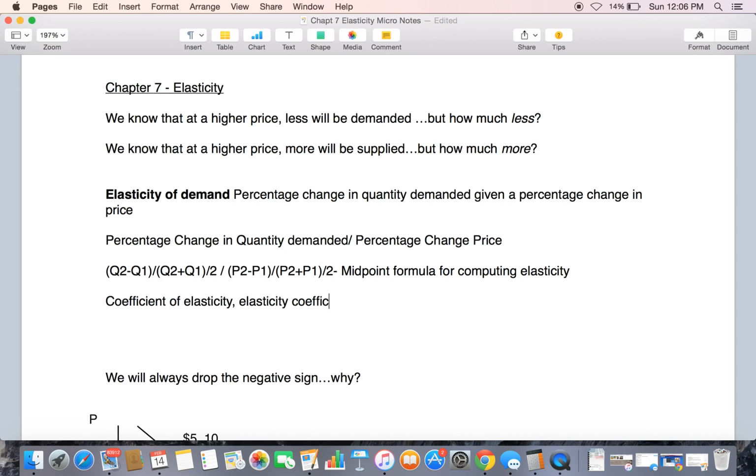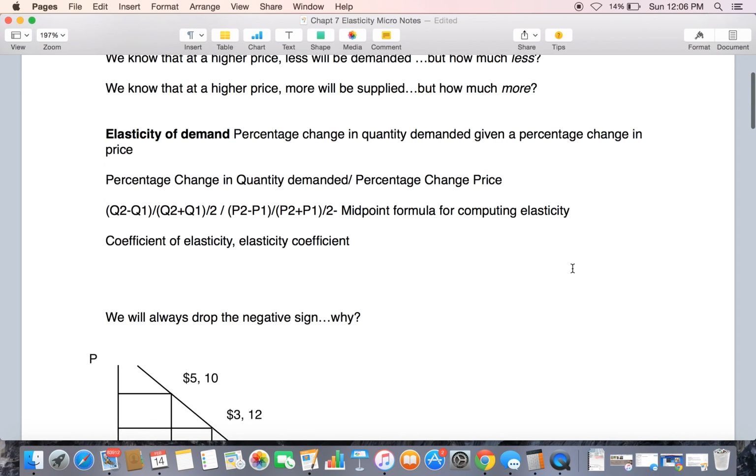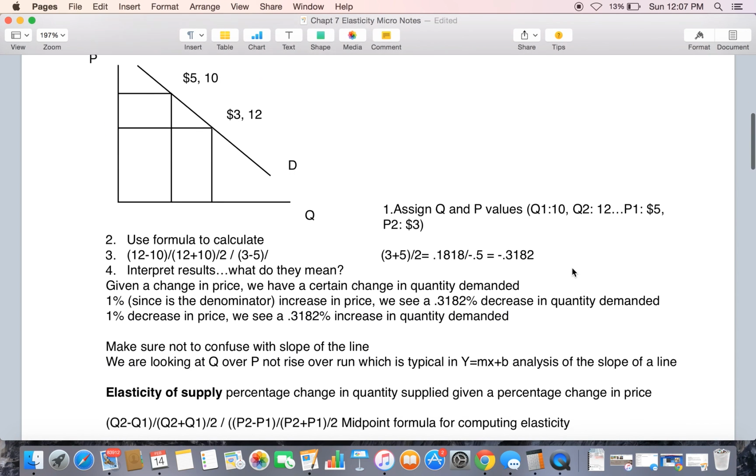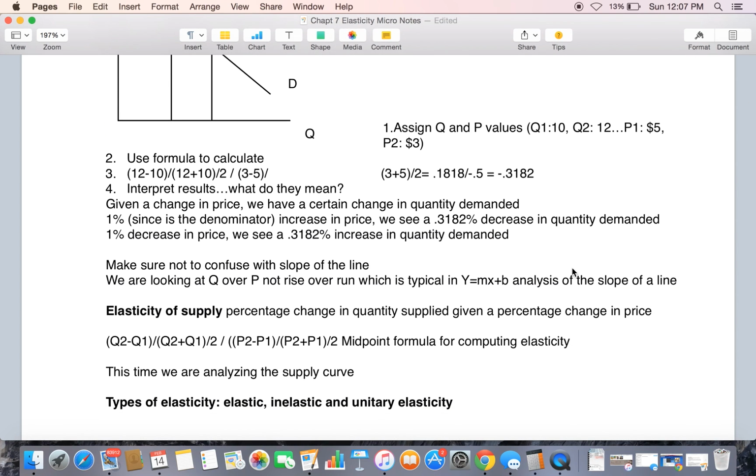And if it is greater than 1, less than 1, or equal to 1, then we would categorize our results in different ways. We're going to talk about that after we talk about the elasticity of supply, but just remember how